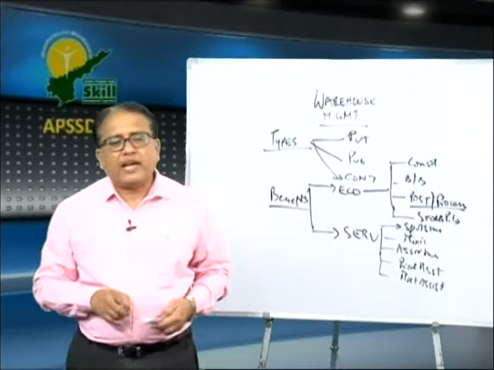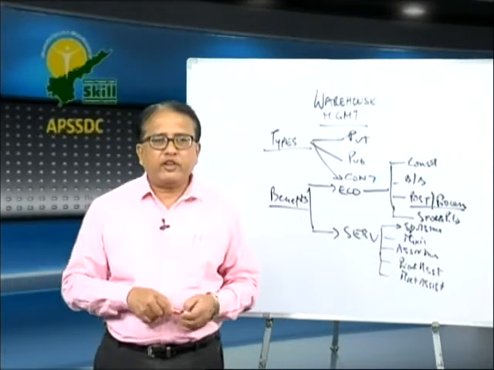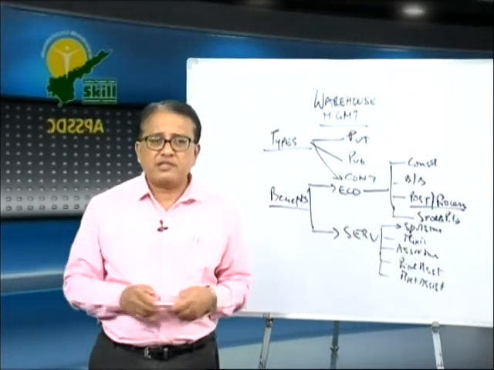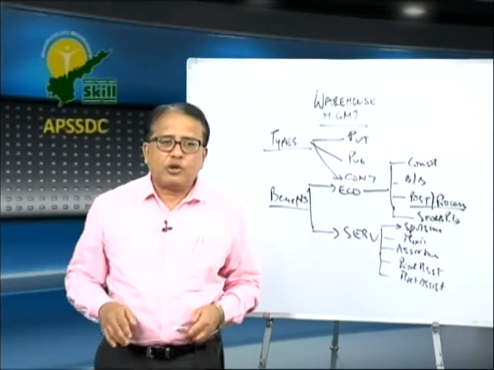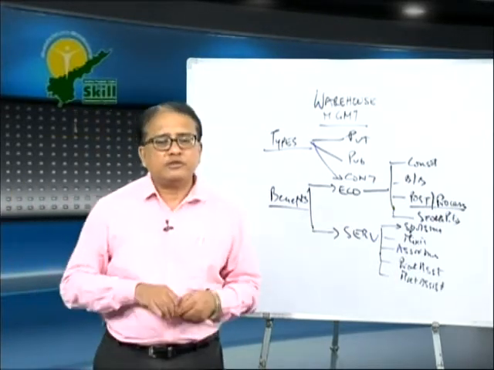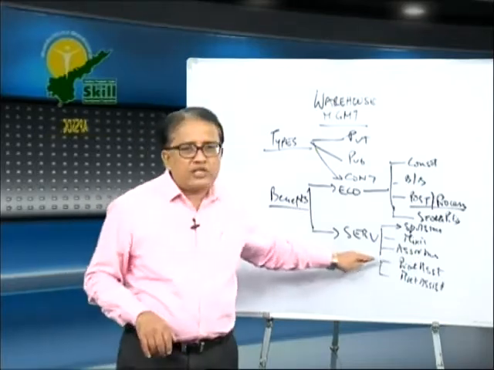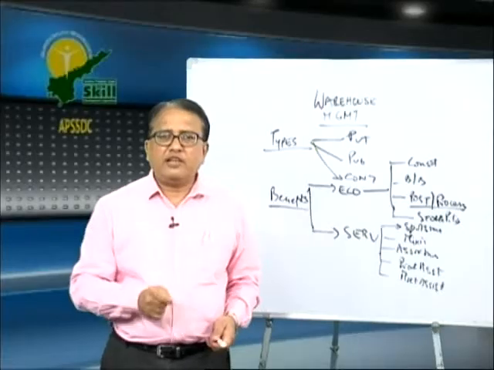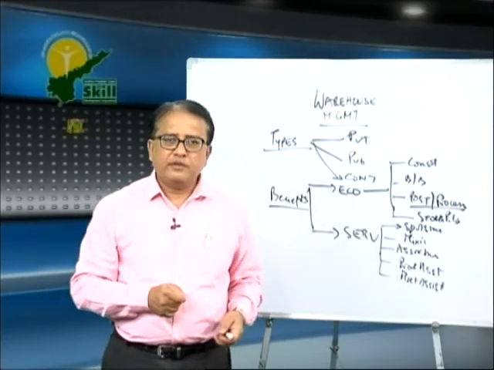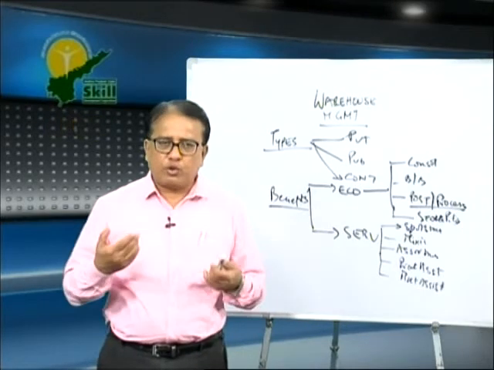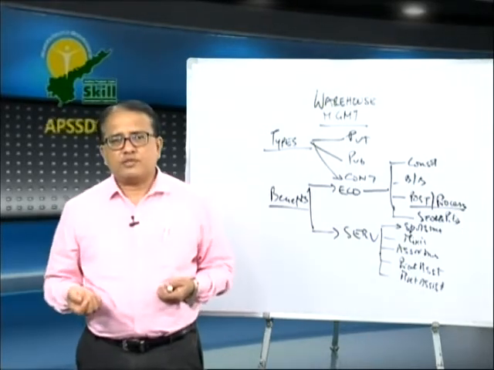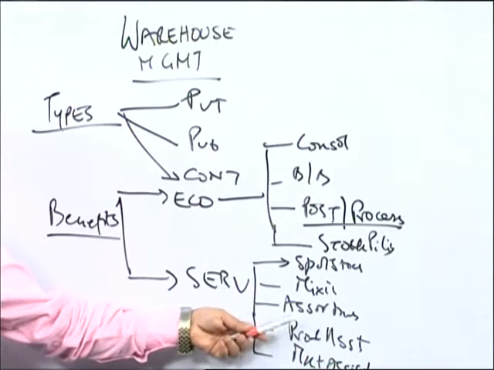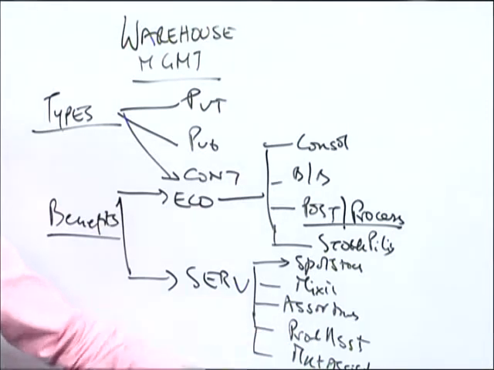Now, at any point of time, if the flow or the delivery of the components is affected or stalled for whatever reason, the entire production unit will come to a halt. The entire production process will come to a halt. So, the warehouses play a very significant role in feeding the plants, in feeding the assembly points. They are a huge support to all production houses. So, this is categorized as one of the service benefits, production assistance.